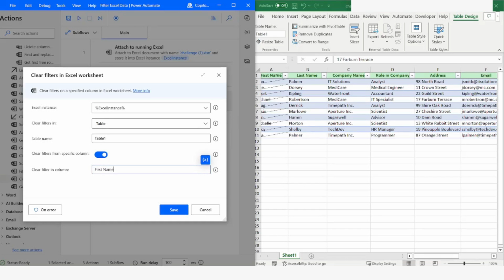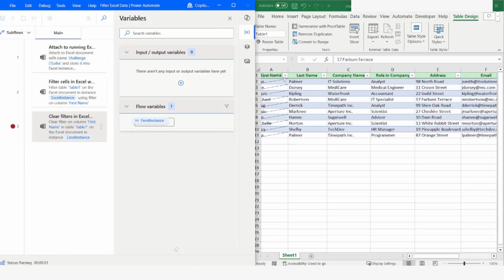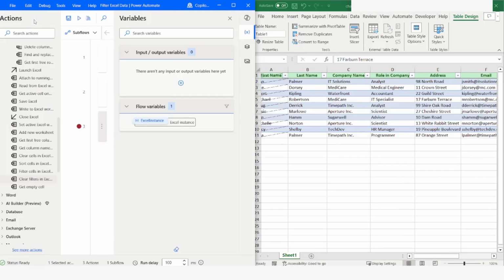Now if I run the bot, you will see that it will apply filter on column A, which is first name, and once I click on run next step, filter will be removed,